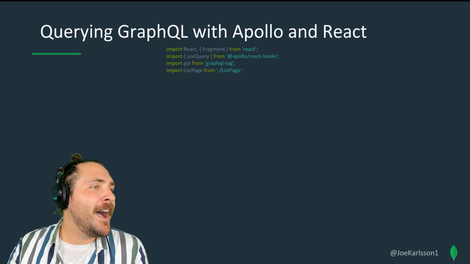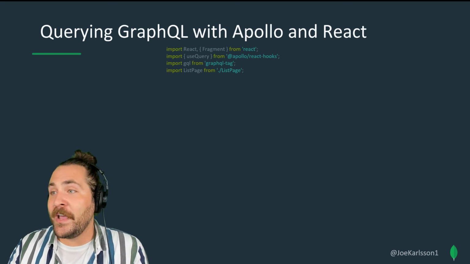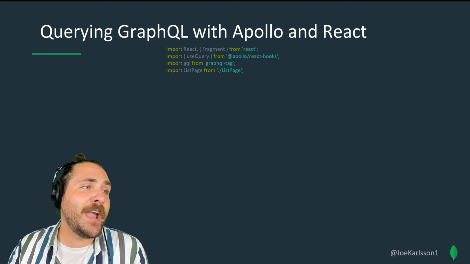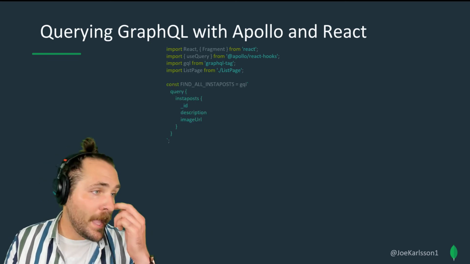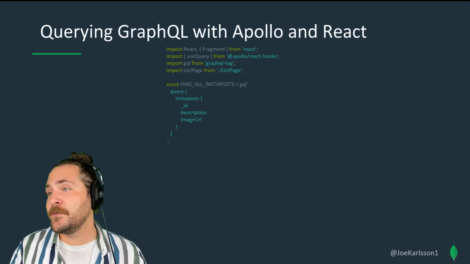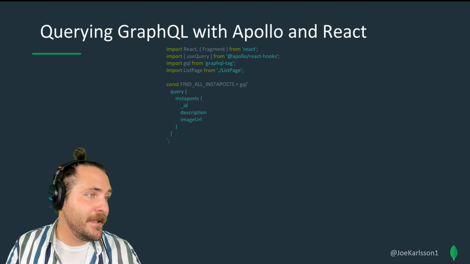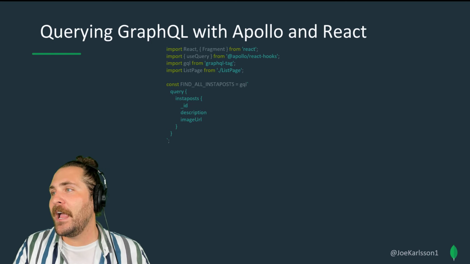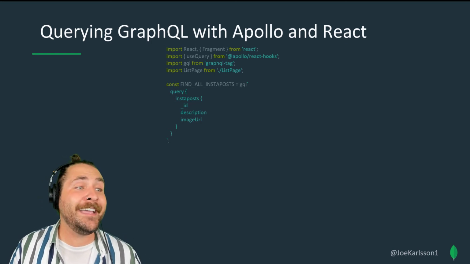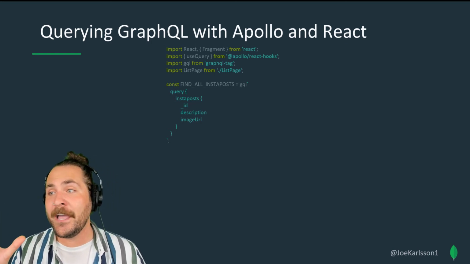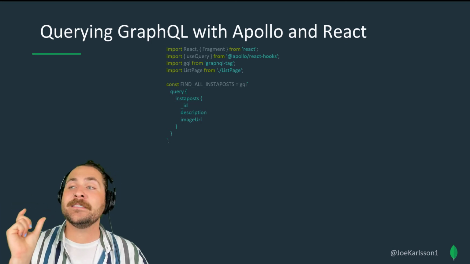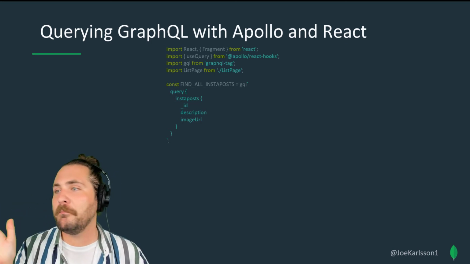So if I want to actually make a real query with Apollo and React, how do I do that? Same thing, right? We're defining a React component here. We're going to bring in our React hooks, and we're going to define our GraphQL query. We just constructed it in the last slide, so I'm just going to copy paste that in there. I'm using a package called GraphQL tag. It basically allows you to use a string tag, a string literal, and copy paste your GraphQL query in there. Bada bing, bada boom, baby.